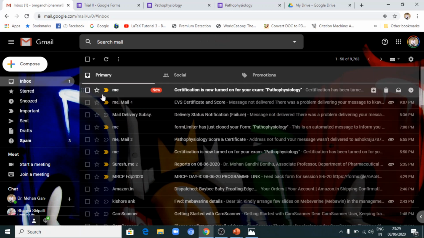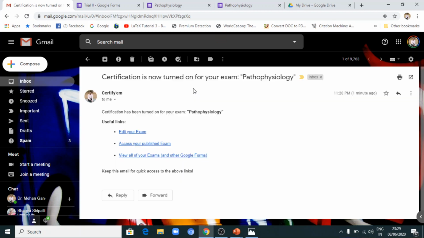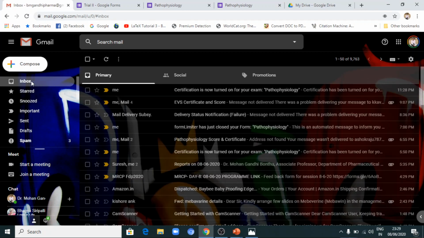Now see, whenever you switch this on, you initially get this mail that your Certify add-on was activated. After this, it will take some time for the certificate to generate.